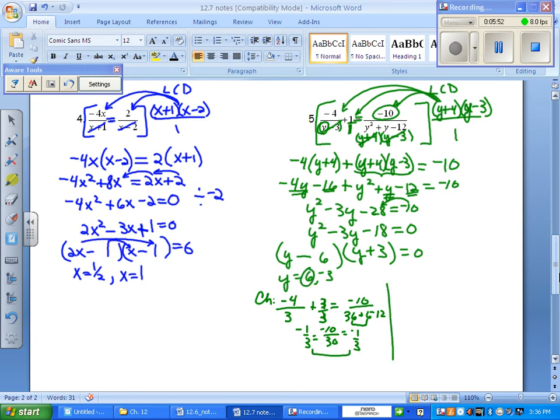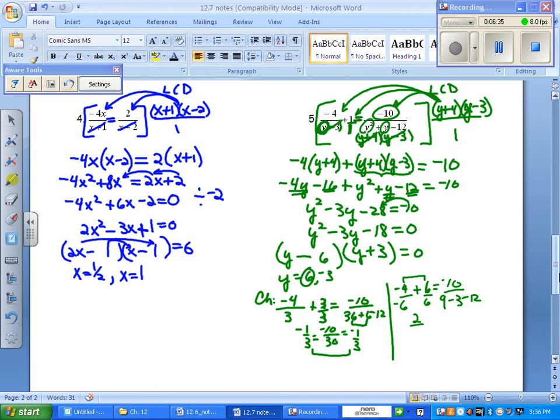Checking the negative 3 in the original, you have a negative 4 over a negative 3. Oops, sorry. This negative 3 is going to go in for this y. Negative 3 minus 3 will give me a negative 6 in the denominator here. So you have negative 4 over negative 6, plus 1 equals negative 10. You're going to put your negative 3 in, and then you're going to square it, so that'll be a positive 9. Put in a negative 3 for this next y. You have a minus 3 and then minus a 12. On the left, you can write this as a 6 over 6 instead of a 1. When you add your numerators, you're going to have a 2 over,